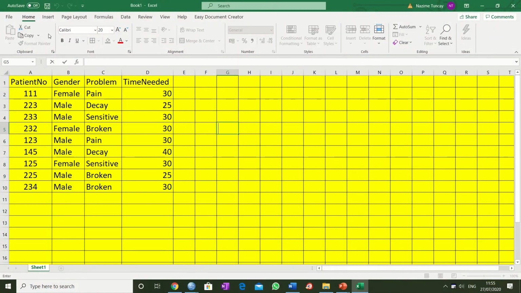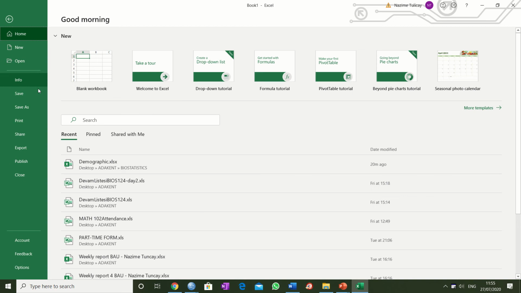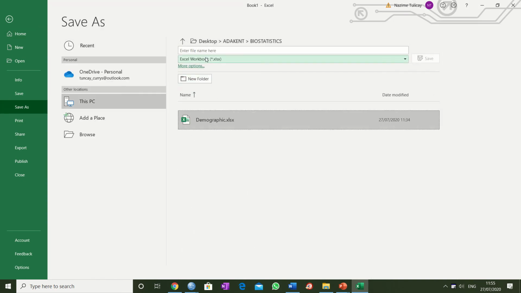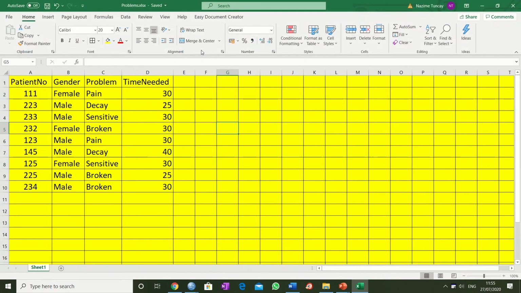And now here, this is an Excel document. I'm going to save file, save as. Here, I'm going to write problems. Okay. Yes. The Excel